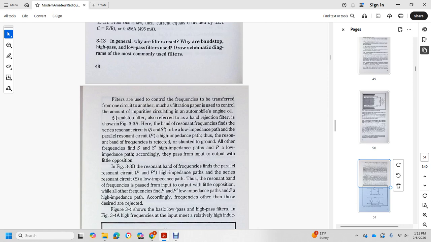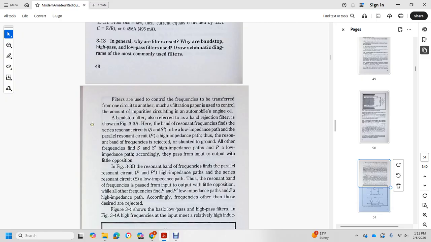The filter uses a series resonant circuit, S, with a low impedance path, and a parallel resonant circuit, P, with a high impedance path at the resonant band. Frequencies rejected are shunted into the ground. All other frequencies see a high impedance path in S and a lower impedance path in P, according to the path from input to